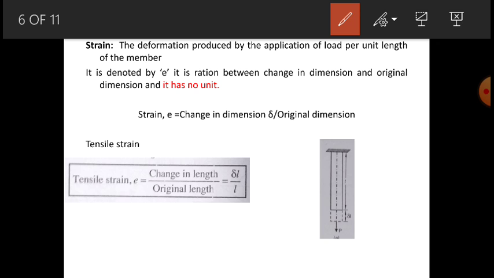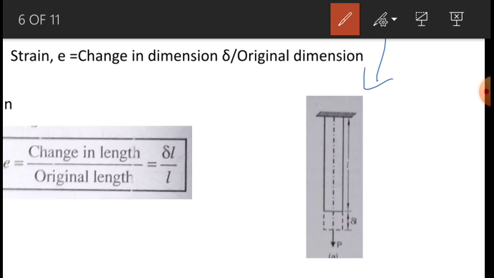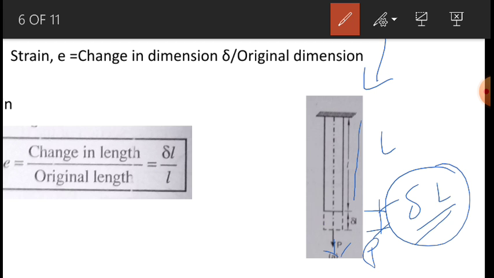As we saw the various types of stresses, in the same way we have the same types of strains. Just as we have tensile stress, we have tensile strain. If you can see here, the original length is L. Due to the application of load P, there is some increase or deformation happening. It is delta L. So the change in length to the original length